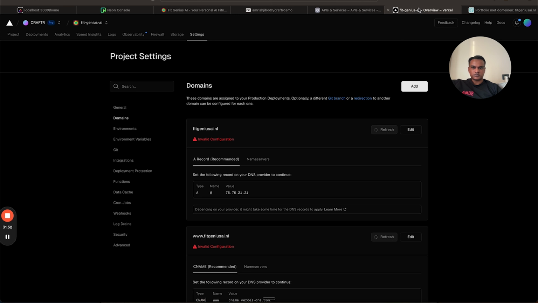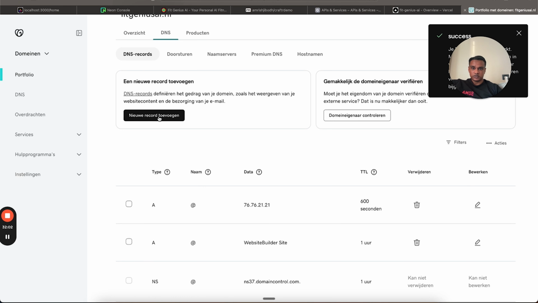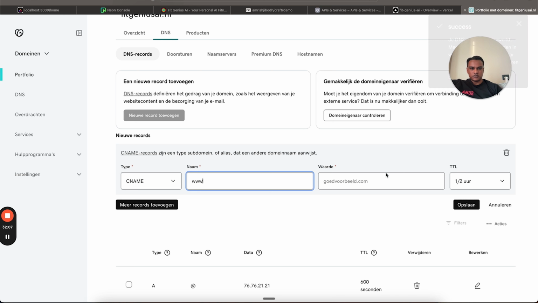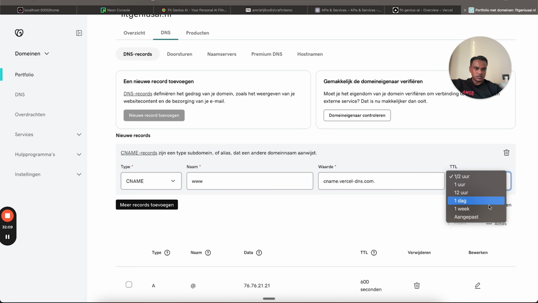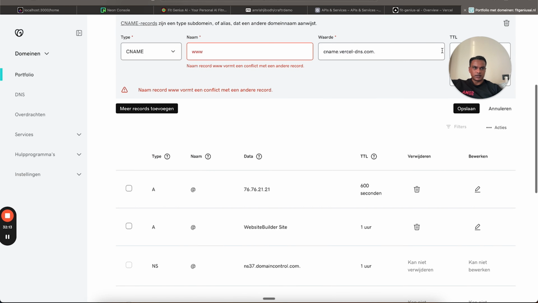Then click save. Now the next thing we need to add is another record with the type CNAME, name www, and then paste this value in there. We'll do exactly the same. The type CNAME, name www, paste in the value. Click on custom, enter 600, and click on enter. Oh,